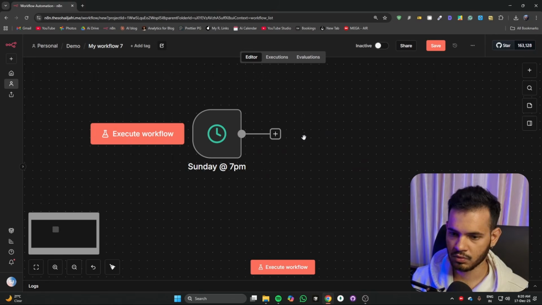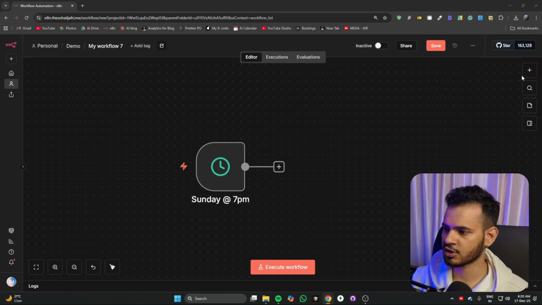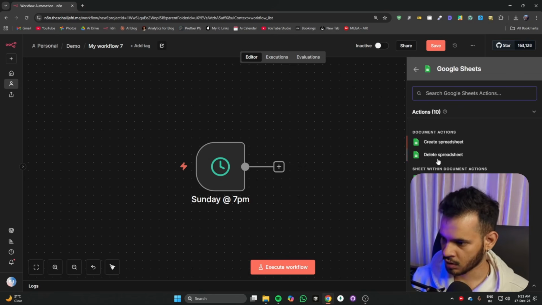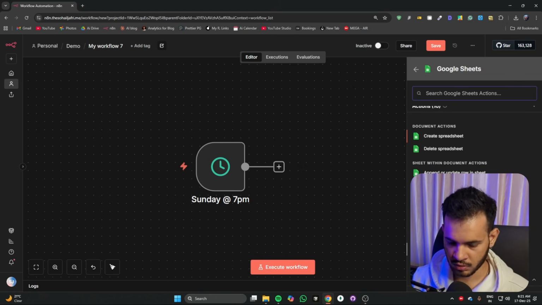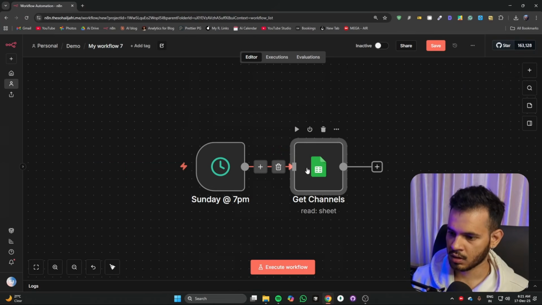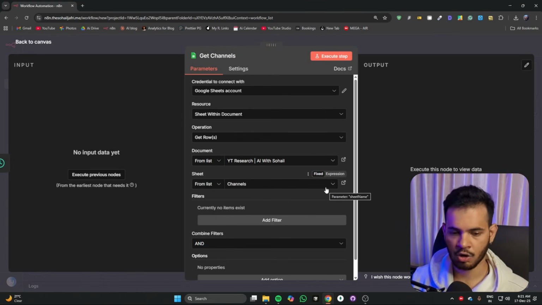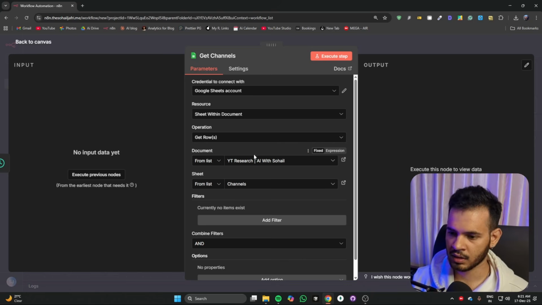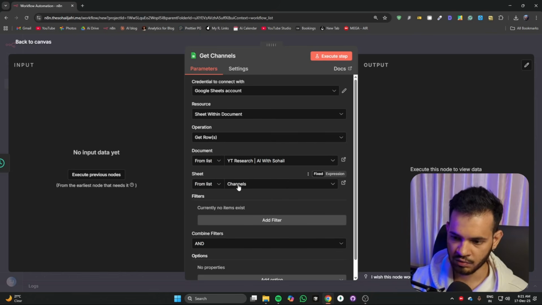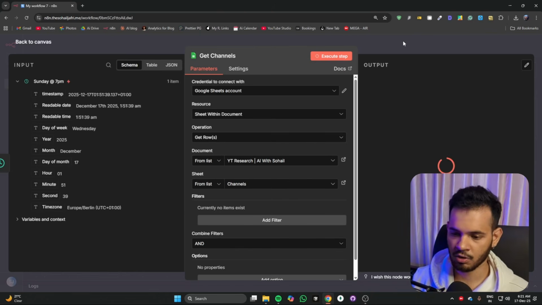We'll zoom back, zoom in here. Then we are going to fetch our channels. For that, we are going to use Google Sheet. Go to Google Sheet and click on Get Rows. Get Rows is down below here. Then connect this, and you can find the Google Sheet I have used, a copy of it, and you can copy that and alter it as you want, or simply use that particular one. Just change the channel names to your desired channels. Select the name of the Google Sheet from the list after you copy it, and the sheet will be channels. If I click execute, it will fetch me all the channels.